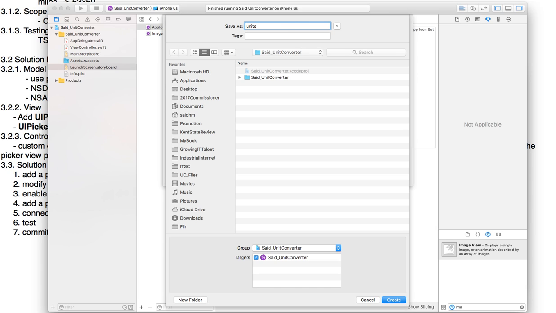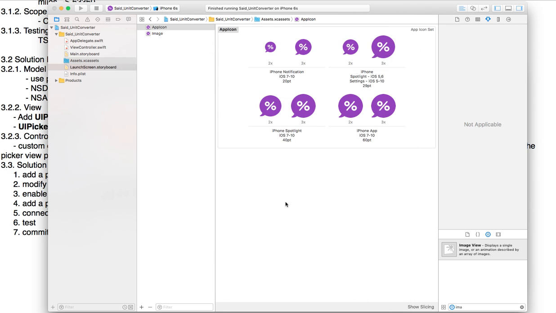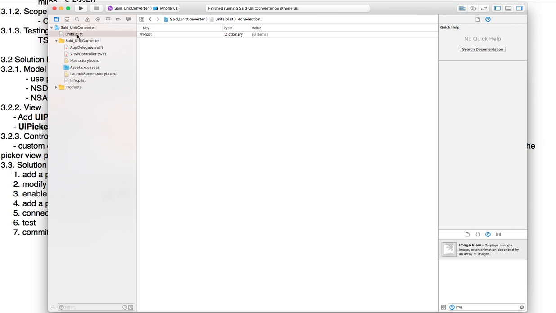The name is very important because when we save a file into our project folder and try to access that file from the controller, we have to have the name exactly the way it is. So we're going to call this units. So the property list file has the name units, and it has an extension plist. And in the root